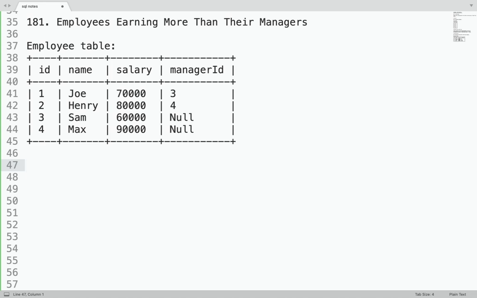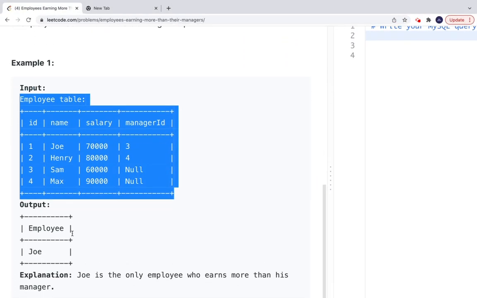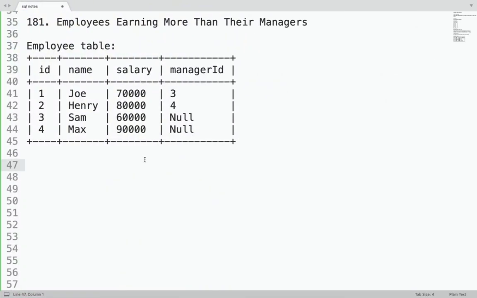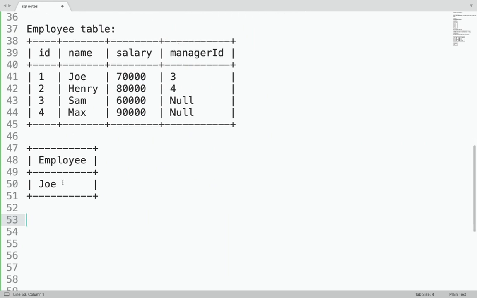What we can do is, we want employee, right? This kind of structure. And Joe is a name column, right? So we have to say select name as employee. You can see this. We are displaying the names, and the alias for this is employee. So select name as employee from